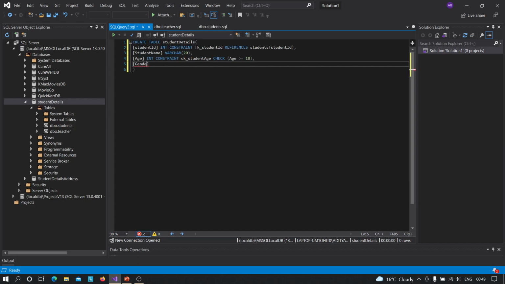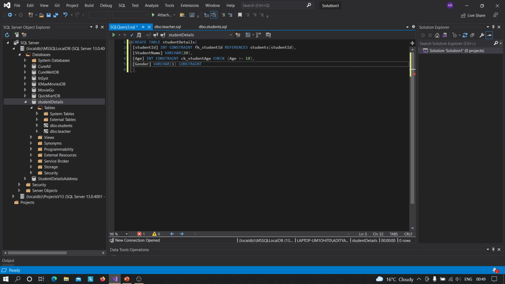Let's create a check constraint for gender. Here I will assign it as a varchar of 1 only. So only one letter can be entered. And to create it as a constraint, the thing is that when people enter gender, it should be either male or female, right?